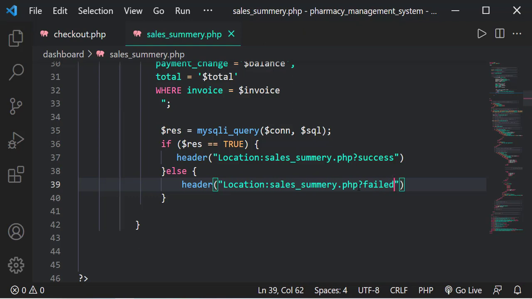But also you can use sessions. You can create a session and have a message shown on the page. That's something we have done in one of the episodes in this series, so you can check that out and apply it. Alright, so